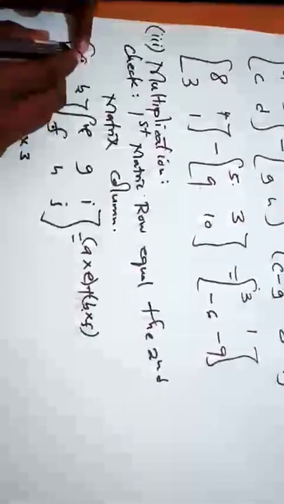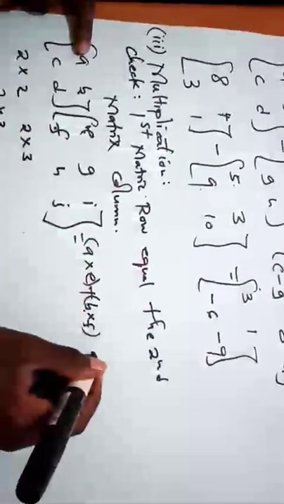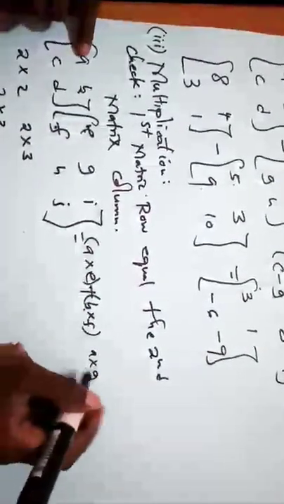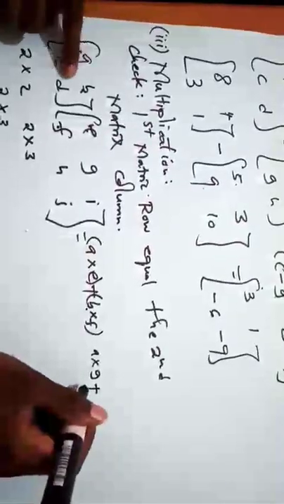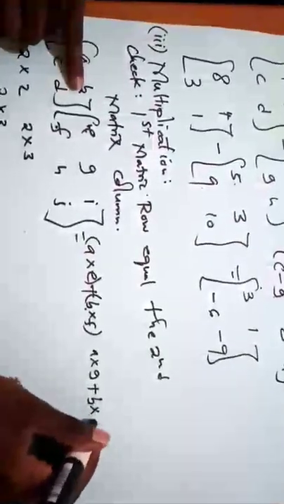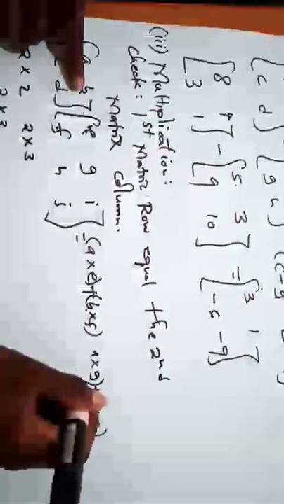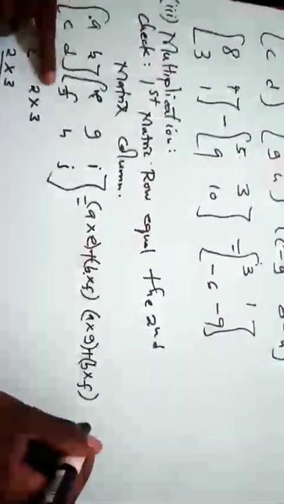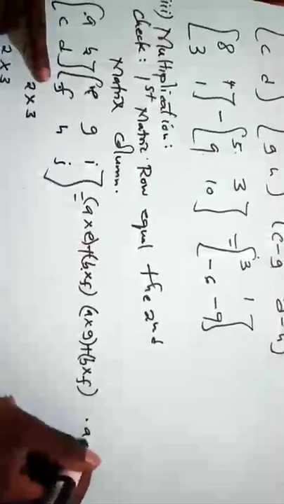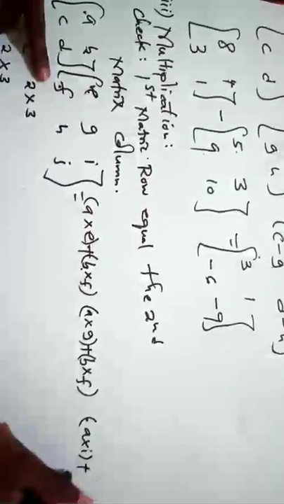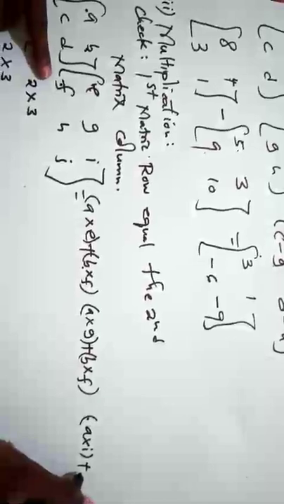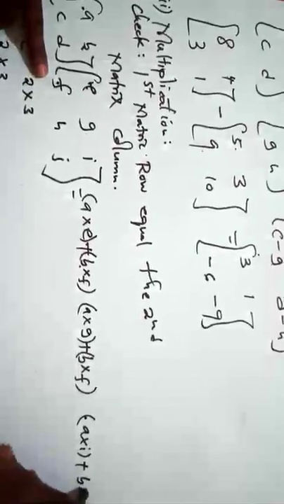Then we are going to have the second one, A multiply G. Then we are going to add B multiply F. Then we are going to have the third element is going to be A multiply I. Then we are going to add B multiply J. Then for the second